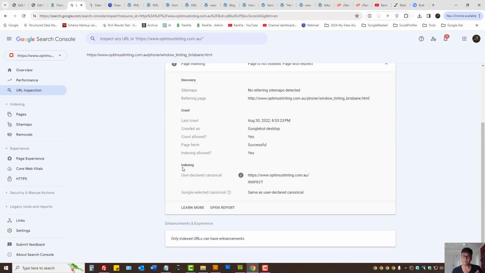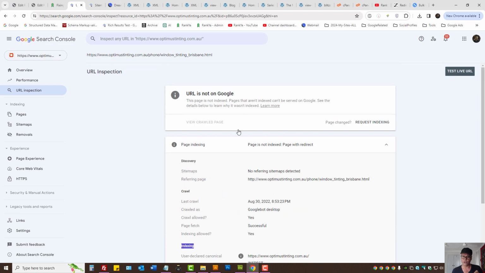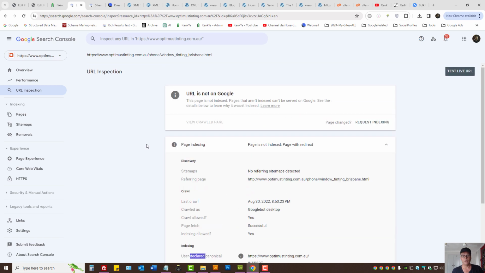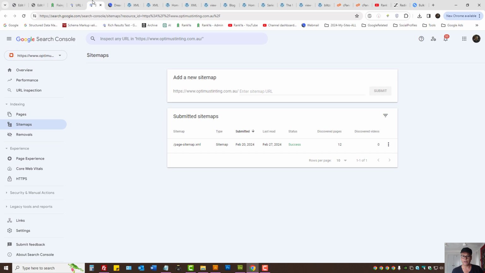And here, the indexing issue of a URL will actually sometimes guide you as to what the issue is. For this scenario, which is a different website, it says user declared canonical. What does that mean? Well, for any page with redirection issues that you see user declared canonical, when you look at all submitted pages which come from your sitemaps, what that means is